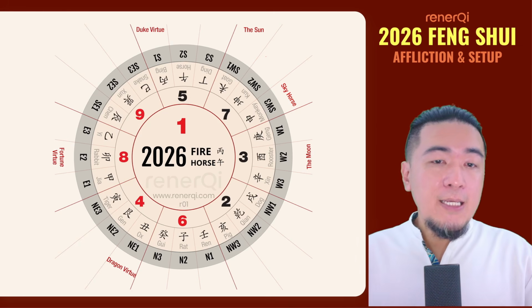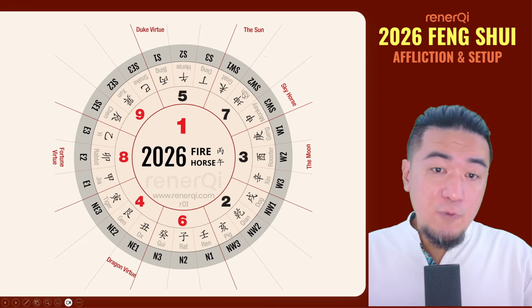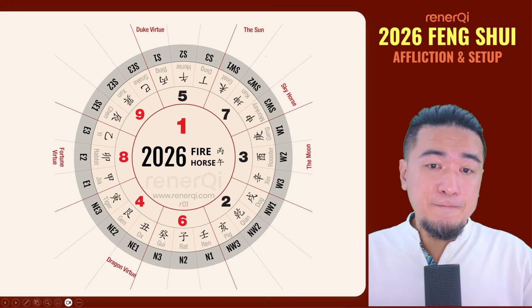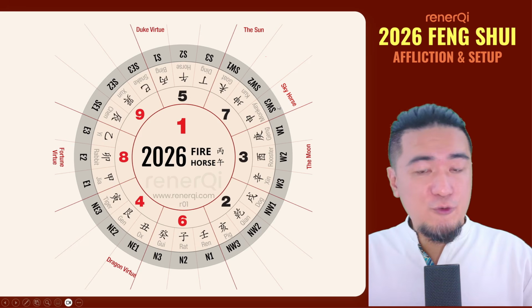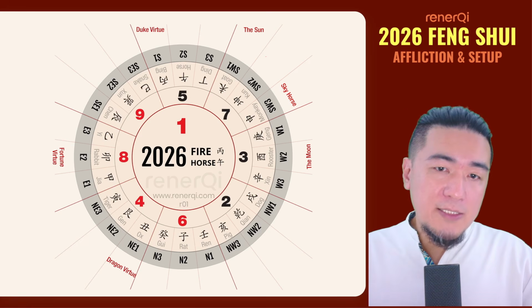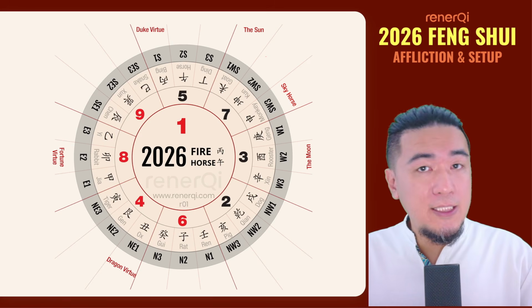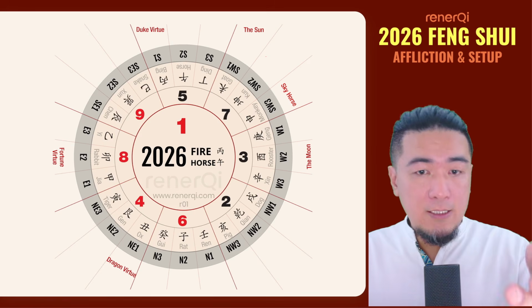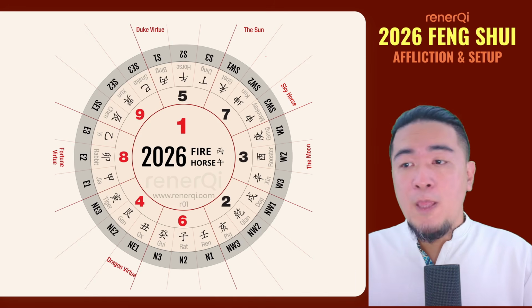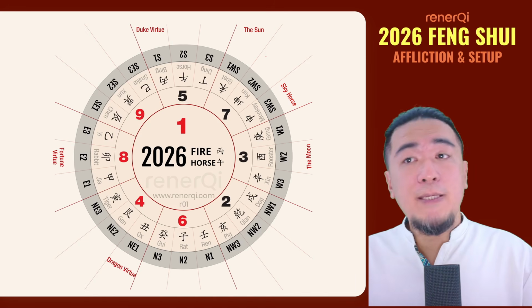Okay, and just for additional information, the Southwest 2, which is also connected to the Southwest 3, which is the Kun Gua, and also the monkey sector. Well, the monkey sector this year has the Sky Horse. So therefore, if your door is located in the Southwest 3 sector, or anywhere in the southwest sector, generally you may be more